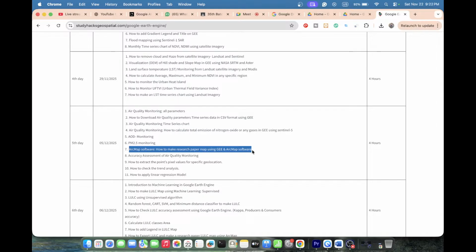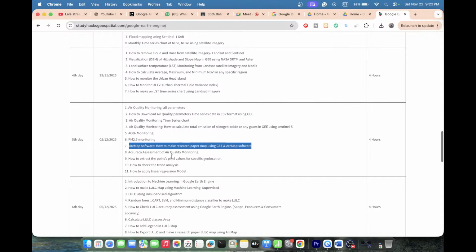or research paper. Suppose I make the land use land cover map in Google Earth Engine, then I need to download the data of land use land cover as a GeoTIFF file format. So this file further I simply import in the ArcMap or QGIS software to produce the map for my research paper or presentation. So every time when you work, we need to download the data. And this type of data, how we can handle using the ArcMap or QGIS software to produce the final output of my map, okay, for my research paper or presentation. So this thing, inshallah, I try to show you in the fifth class, then you can get the idea.